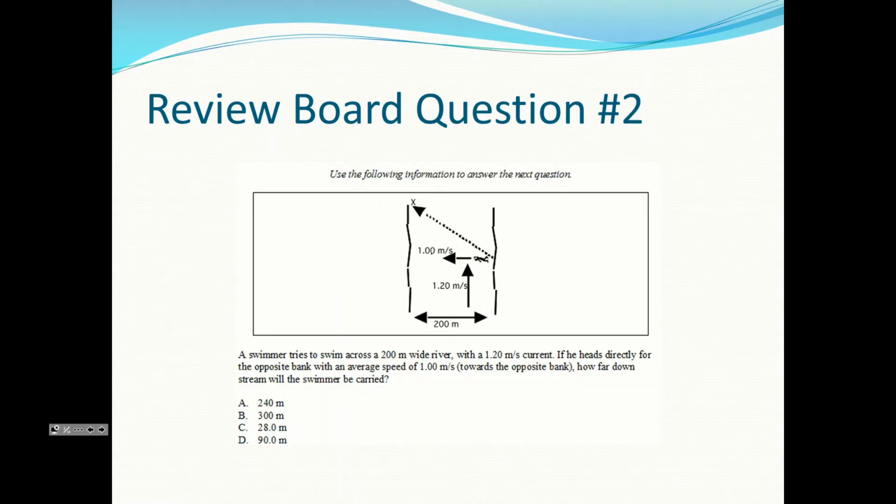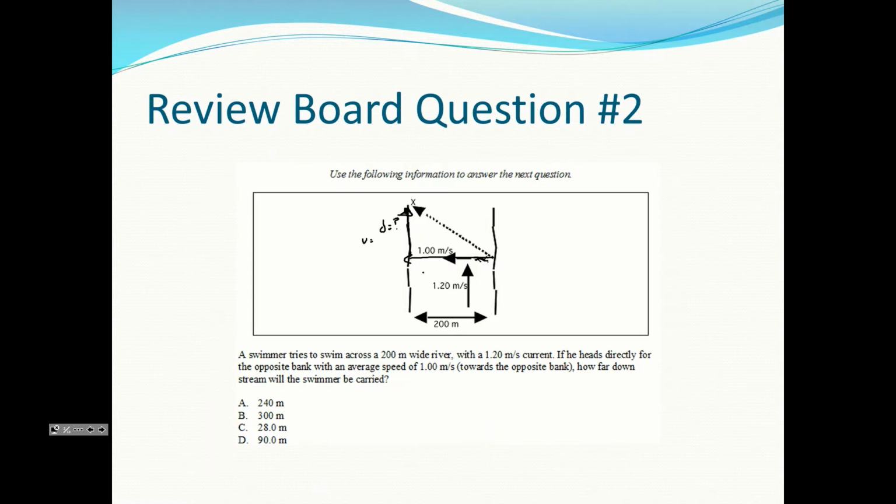Okay, and our other practice question here. A swimmer tries to swim across a 200-meter wide river with 1.2 meters per second of current. Looks like it's going up. If he heads directly for the opposite bank, so he's not compensating, with an average speed of 1 meter per second, how far down the stream is the swimmer carried? So he travels here at 1 meter per second. The stream pushes him down that way, so he ends up downstream. Cool. So we want to know this distance here, how far downstream he goes,